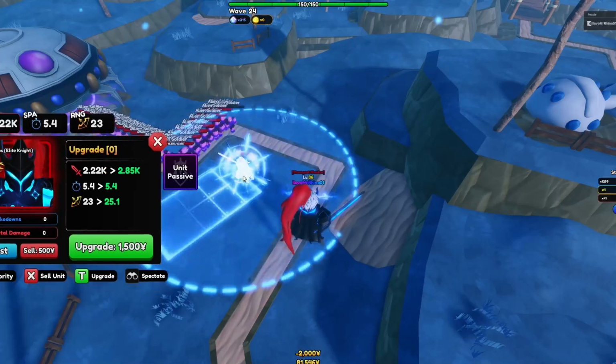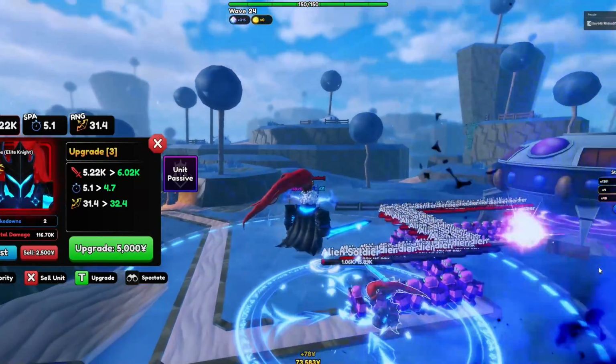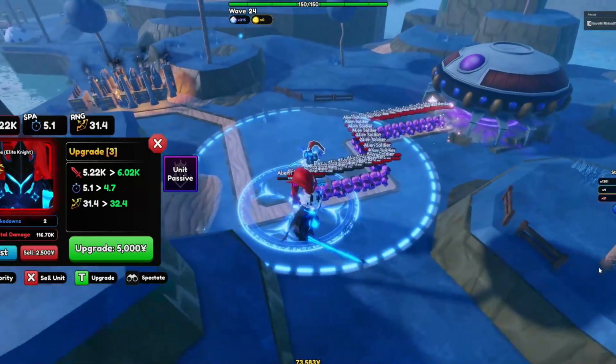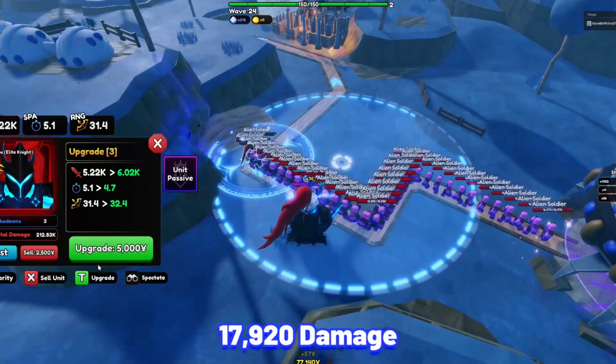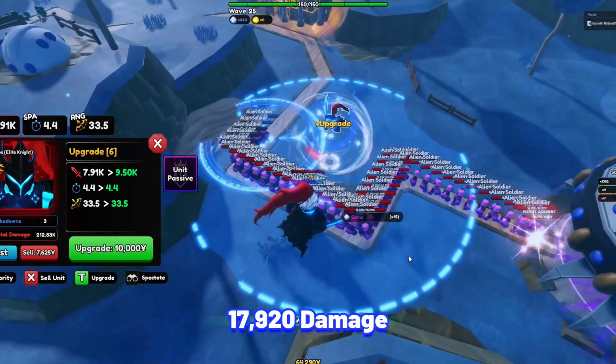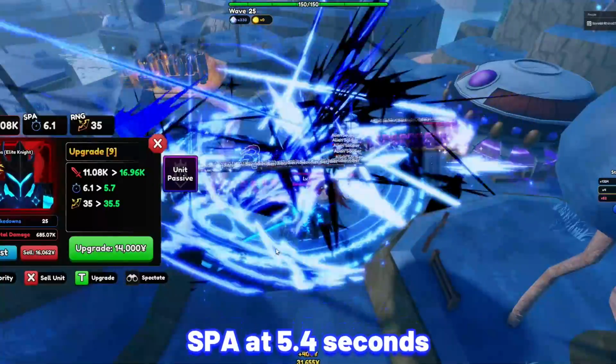Alright, next one is OSS Elite Knight. Igris is one of the best secrets, especially as he will become a fully elite at later upgrades with this extremely overpowered passive. OSS Elite Knight's stats at max upgrade and max Alard: 17,920 damage with his SPA at 5.4 seconds, making his damage per second